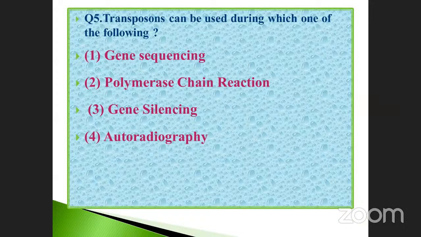Transposons can be used during which one of the following? Gene sequencing, polymerase chain reaction, otherwise called PCR, gene silencing, and autoradiography. Autoradiography will not come. Polymerase chain reaction will not come. So these two only, particularly. But what is gene sequencing? Gene sequencing is nothing but the arrangement of nucleotides, isn't it? Which one comes? Maybe,